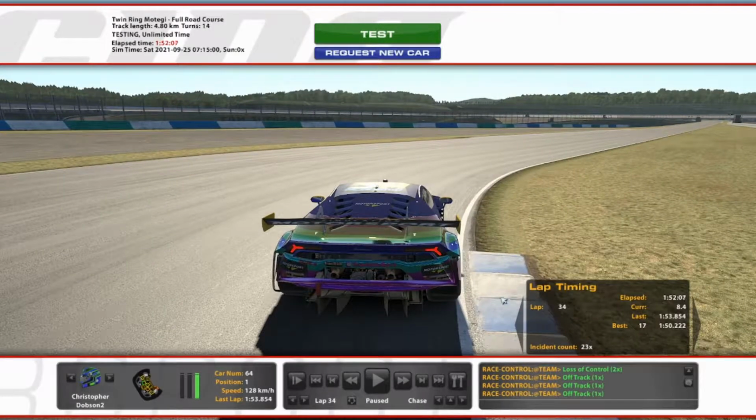So these curves have loads of grip. Get on them, but you always want to be making sure you've got the slip angle and trajectory of the car, so that when you do get on the power, you're not going to understeer away from them. You do need to get on them. Trickiest thing about Motegi